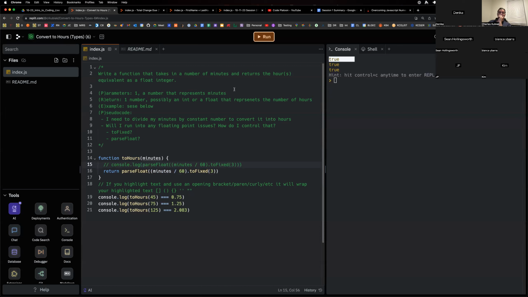Can you tell me again what you did so that it didn't say 0.750? Somehow I missed that. That's the parse float, right? So if I get rid of this parse float right here, I'll do it here as 1 second. Let me do this the right way. We'll uncomment this. And so if I get rid of this parse float, and I run this,